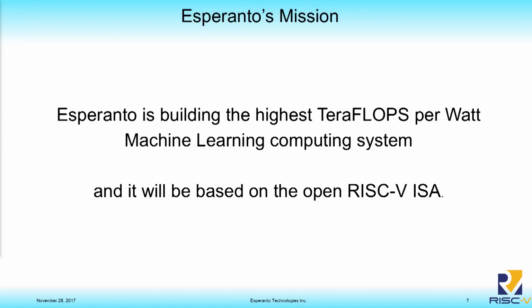It's probably not too hard to guess here. But our mission is we're going to build the highest teraflop per watt machine learning computing system. And the benefit is it's going to be based on the RISC-V ISA. So we're going to build a couple different processors. Our high single-thread performance processor, we call it a Maxion. These are kind of internal code names for the moment. They may change later. But we kind of got used to internally calling them the Maxions